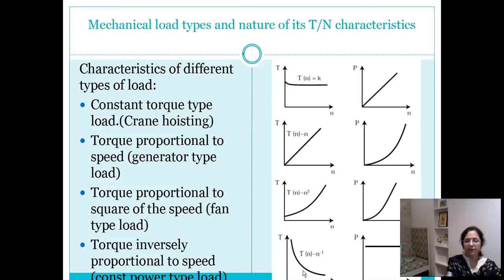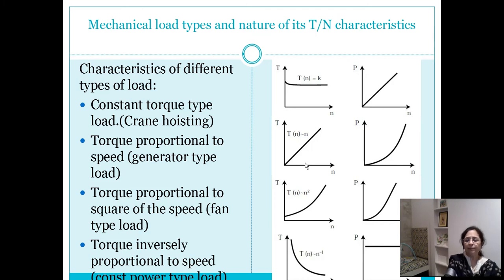And since this is inverse proportionality, when we try calculating its power, the power is omega into T. T is inversely proportional to omega, so their product becomes constant power. Okay, so this is also taken as constant power load. The way first load we said constant torque, the last load is constant power load. And typical example is operation of a series motor, DC series motor. When we operate, we know that the speed increases with reduction of load.